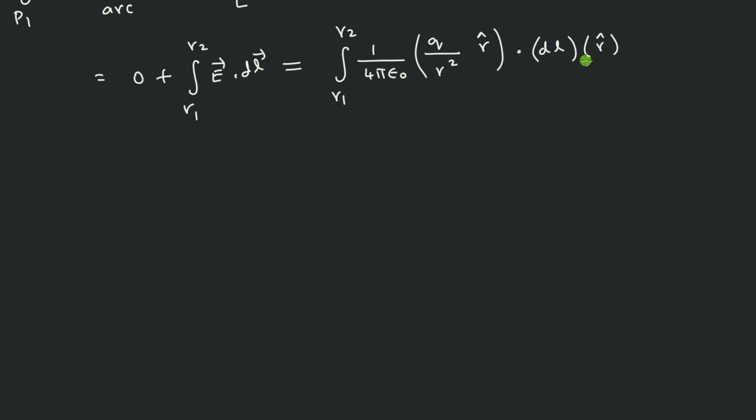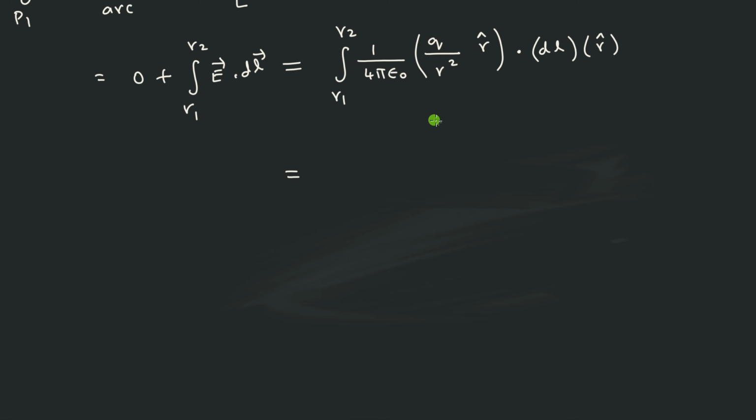This is clear, right? When you travel along a line like this, the unit vector is r cap, that is the direction. The electric field is also in the same direction. So the electric field's unit vector will also be r cap. Both of them are r cap. This is your small distance of travel, this particular distance is your dl. So for the dl magnitude, the unit vector is also r cap. Because of that, we have written it like this.